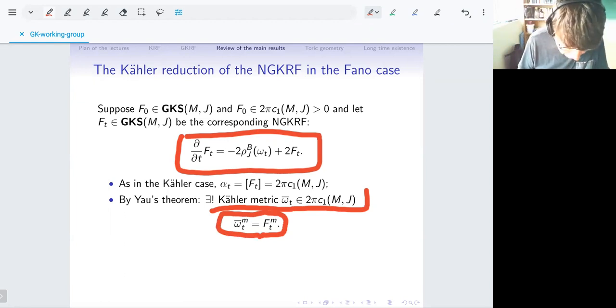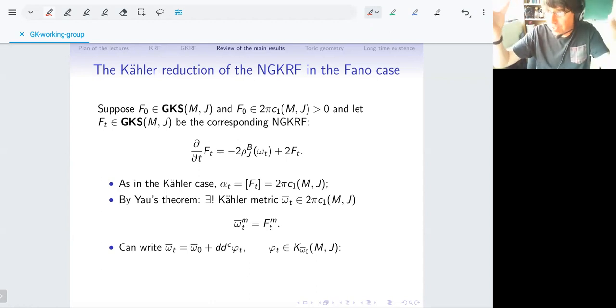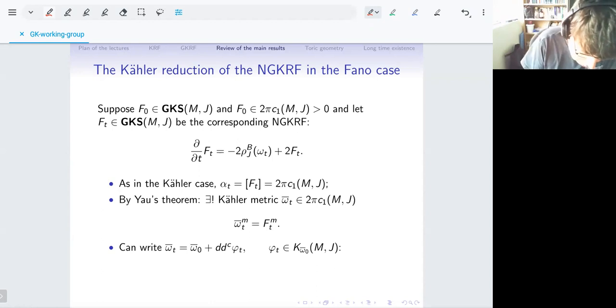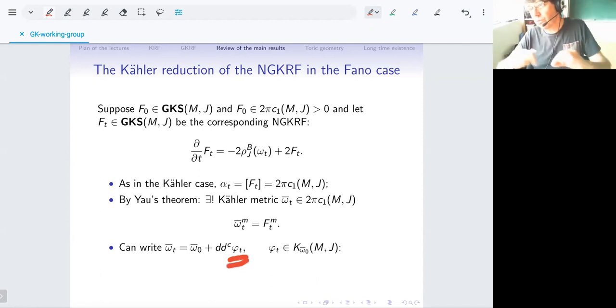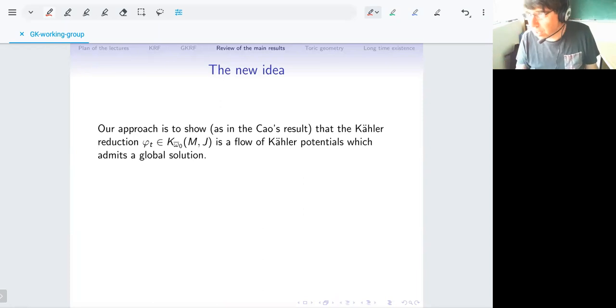And now what will happen is that we can play the same trick as we did in the Kähler case. So you have Ricci time, you have this omega bar, which is a Kähler metric which solves a Monge-Ampère, and it will differ from the original one, which I associated to time 0, by a function. So given this generalized Ricci flow, you have this kind of a trace, this imprint in the Kähler world by solving this Monge-Ampère. And I guess the new idea that's allowed us to make some progress,